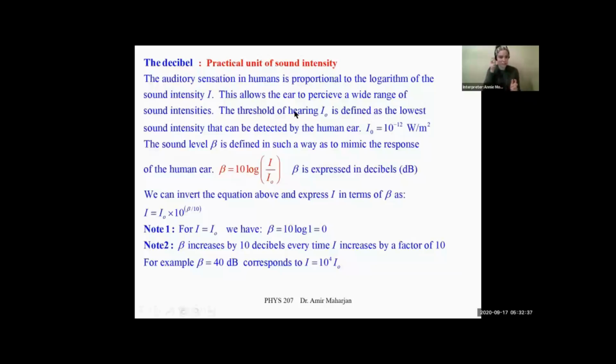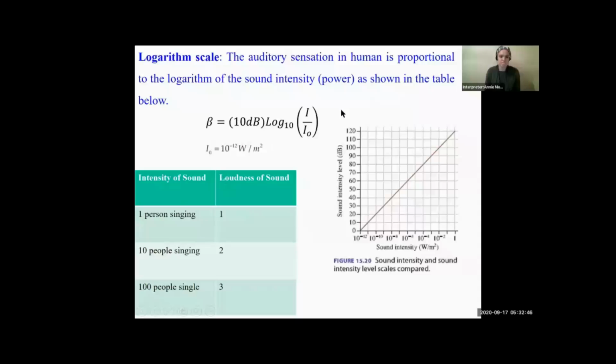And we will put this loudness formula like this. Loudness is defined as, symbolized as beta, right? It is the ratio of the intensity of the given sound from the given source, compared with some minimum intensity that the human ear can detect, and you take the base 10 log, and multiply by 10. Why? Because the unit is decibel, not bel, because 1 bel has 10 decibels. That's why you have to multiply by 10. And that's called loudness. This beta is simply called loudness.